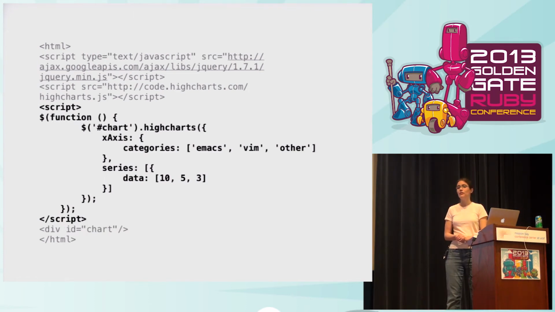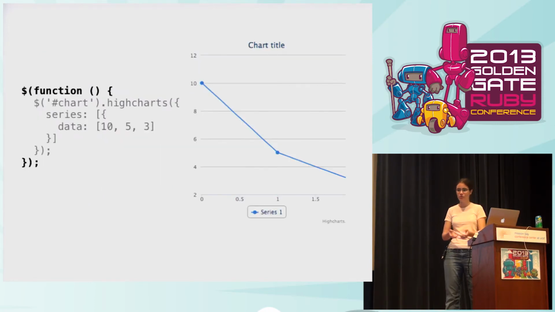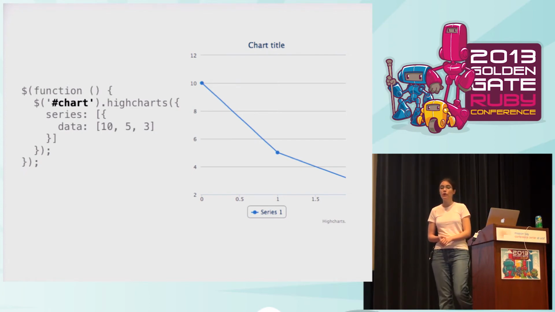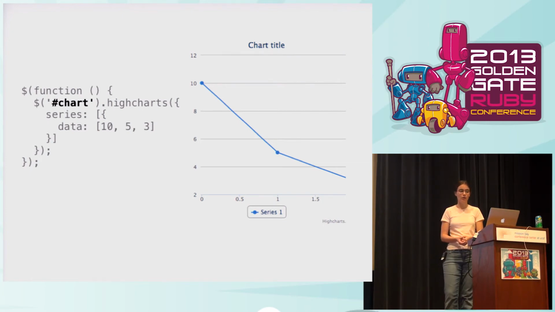That's the interesting bit, and we're going to dive into that a little more right now. Same code pulled out with the picture next to it. So you wrap everything in a JavaScript function. You use jQuery to find the div, and then you call .highcharts and call the Highcharts method, and you pass in some data. The absolute minimum you need is you need to specify a single series that has some data,